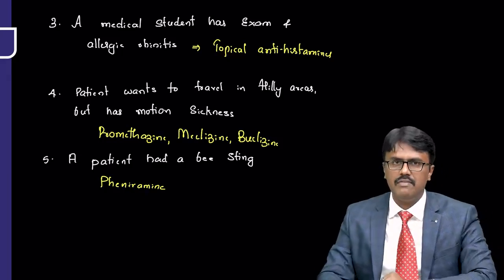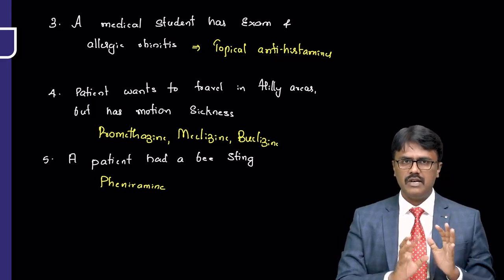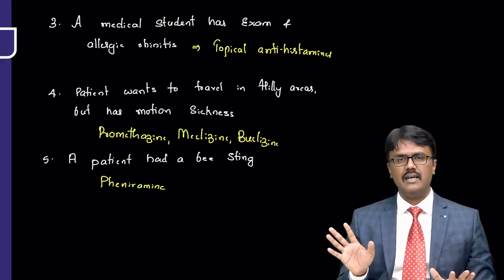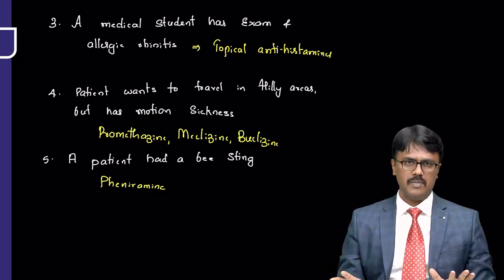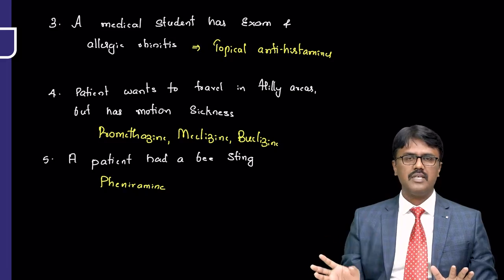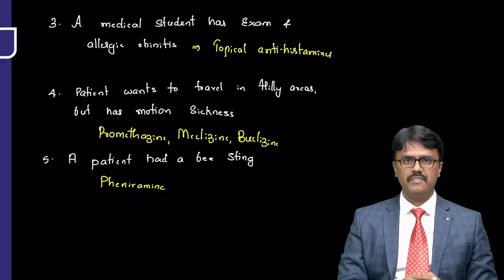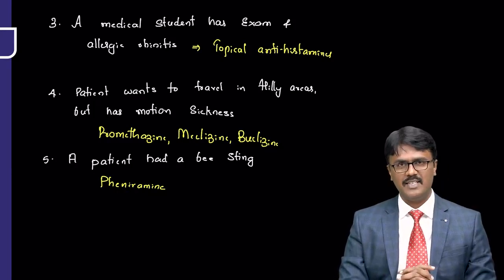So this is the end of histamine and antihistamine. Let me clarify this. Please understand the difference between first and second generation. First generation will cause sedation. They have anticholinergic property. Second generation don't cross the blood-brain barrier, cause no sedation, and don't have anticholinergic property. And most of the examples I gave you are active drugs that give rise to active metabolites. Okay, so that is about the first topic in autopsy, that is histamine and antihistamines. Thank you all.